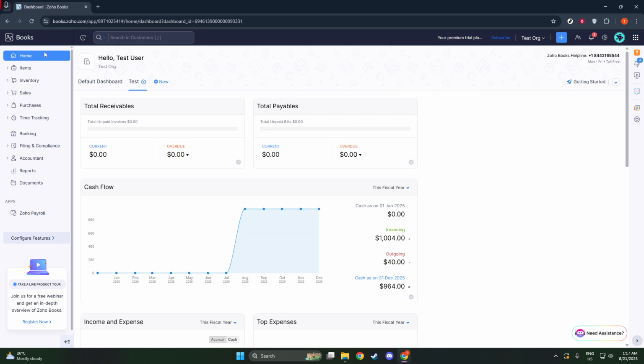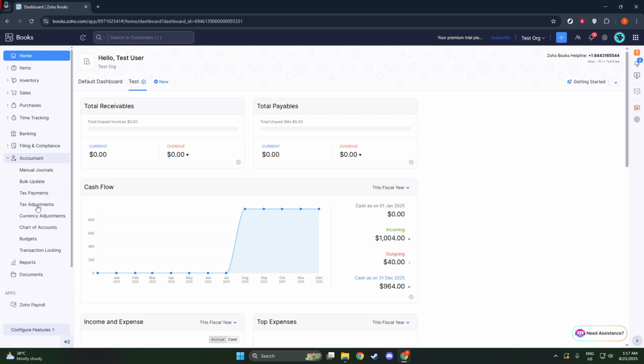First off, you're going to want to access the chart of accounts. This is a crucial step because the chart of accounts is essentially the backbone of your financial system, offering a systematic way to organize your financial information. To do this, navigate to the Accountant tab, which you'll find in the main menu, and then select Chart of